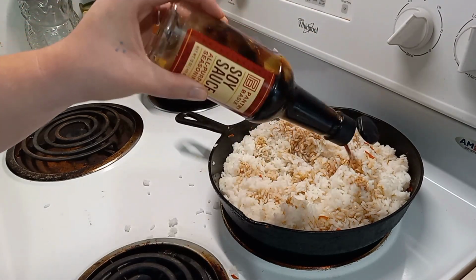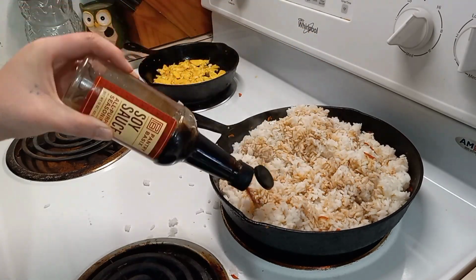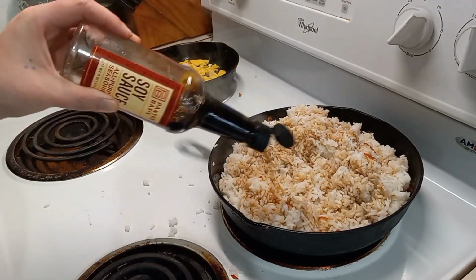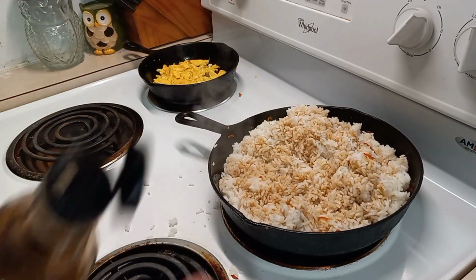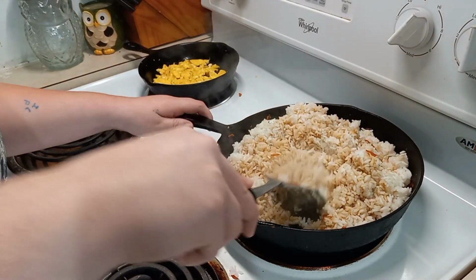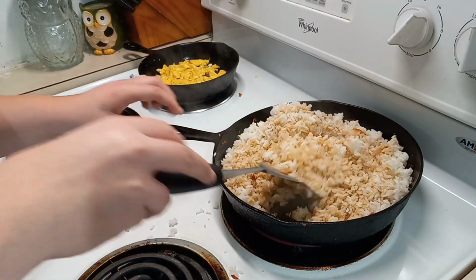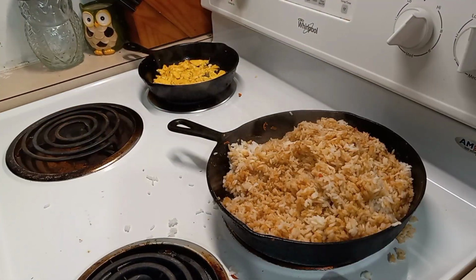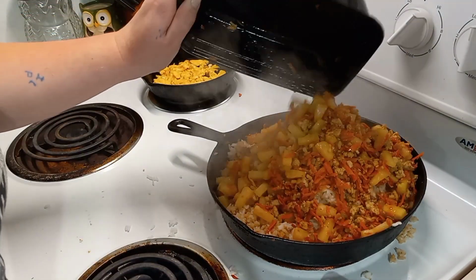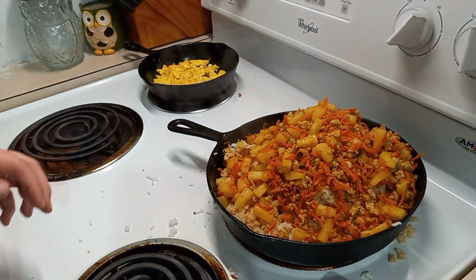So my main goal with these challenges is just to give some inspiration, to show that it's not impossible to feed a family on a small budget. I had recently seen some people saying that because of inflation, it's no longer possible, and I disagreed. I did not agree with them, so I wanted to set out to give inspiration to people who might need it. And as you can see,